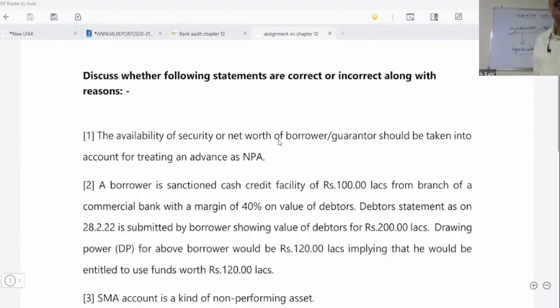Yes, first question is: the availability of security or net worth of borrower guarantor should be taken into account for